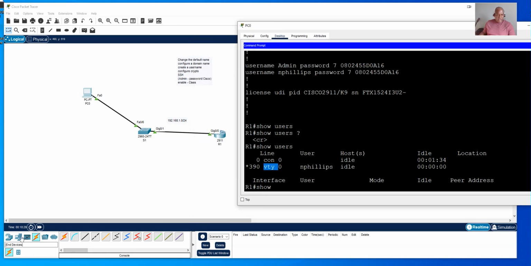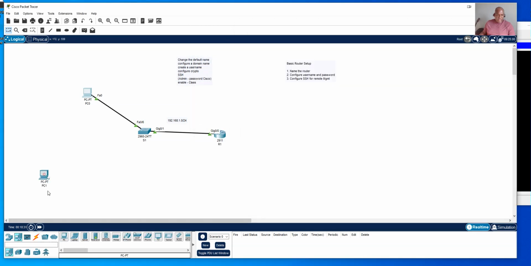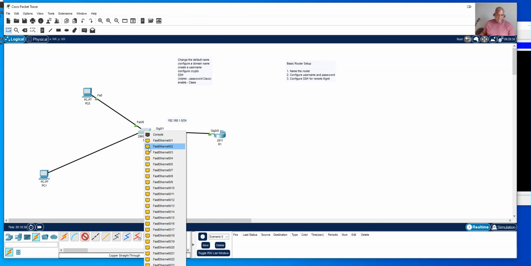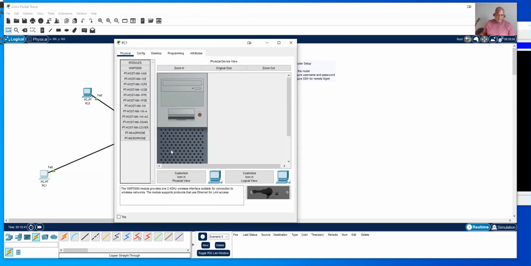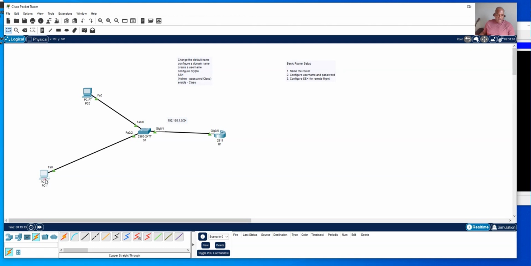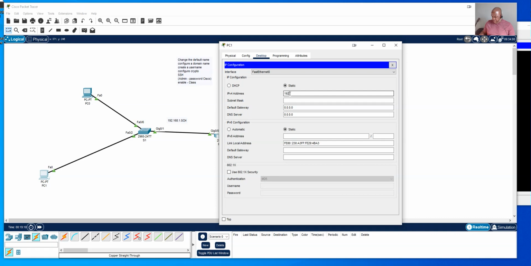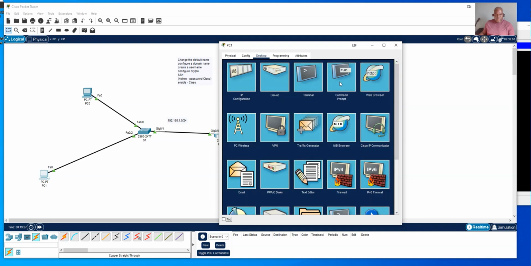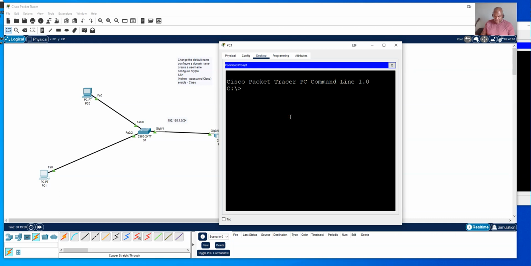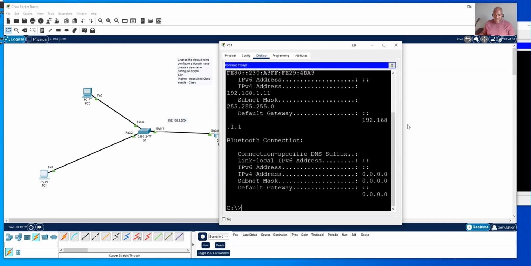Let me get another PC on the canvas. What if I grab another PC and I put that PC here? I plug something into the fast Ethernet, plug it on the switch over there, fast forward, so I don't have to sit here and wait. Let me give this PC now an IP address, which is 192.168.1.11, 255.255.255.0, 192.168.1.1, right? So if I were to go to command prompt here again, I could type ipconfig, and I see